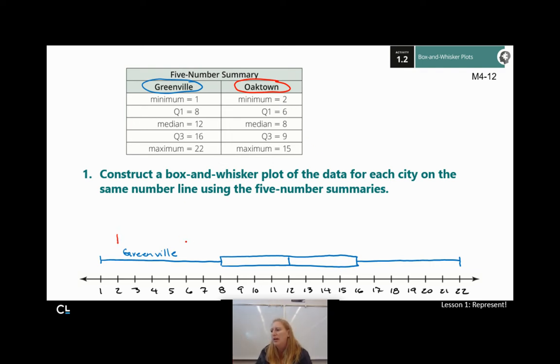Our first quartile is at 6, so I'll put a little line there. Our median is at 8, so I'll put a line here. Our third quartile is at 9. Oh my, put that right there. And our maximum is at